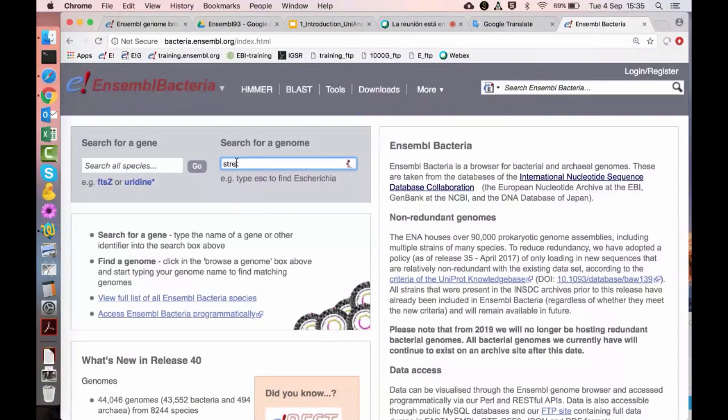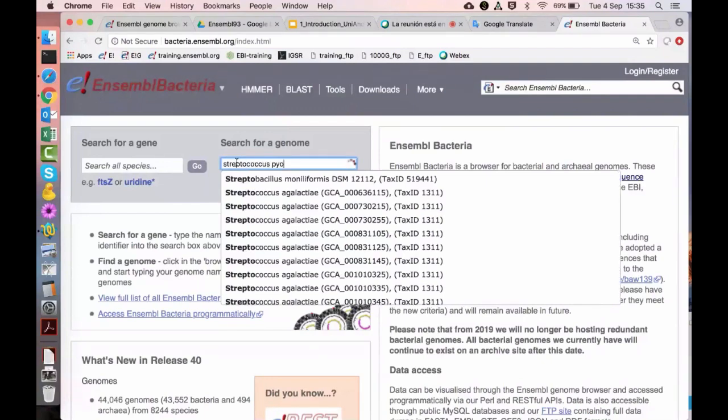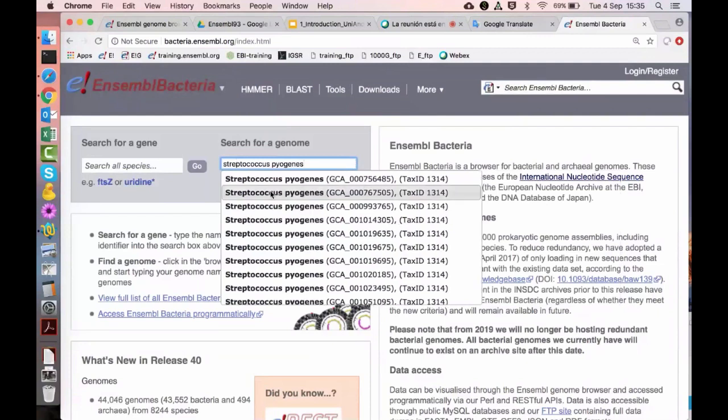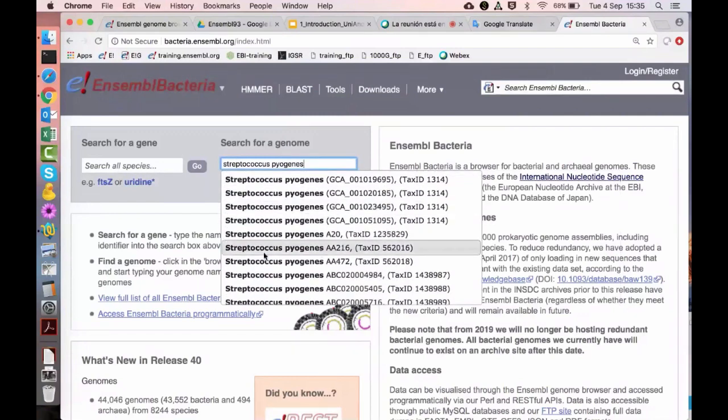And while I do this, it will start bringing up some hits from our database. I will just continue to type. It's a little bit slow. So now I typed Streptococcus pyogenes. You can see a lot of different strains and assemblies, and I will go for this one,